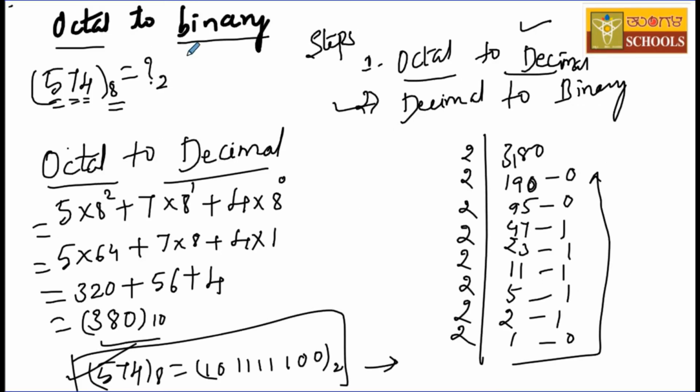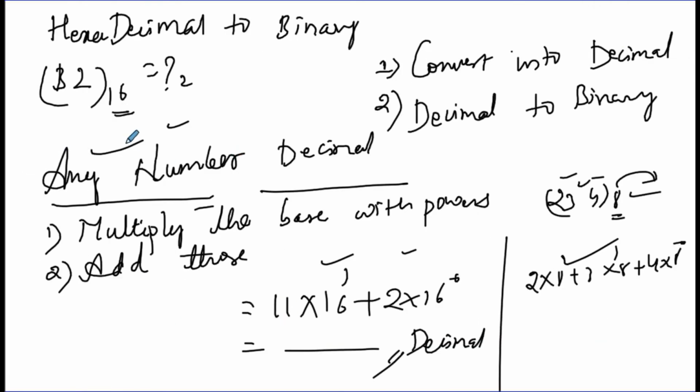In case of octal to binary, first you need to convert the octal number into decimal, then the decimal can be converted into binary. That is the equivalent binary number for the given octal number. For hexadecimal also it is the same. You do the calculation and submit to me: convert this number into its equivalent decimal first, later convert that decimal into binary. Then I'll tell you the shortcut for this.